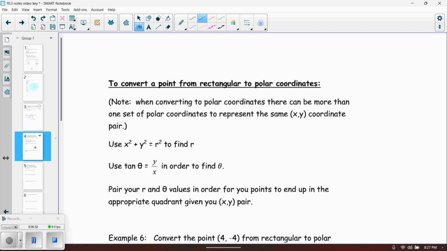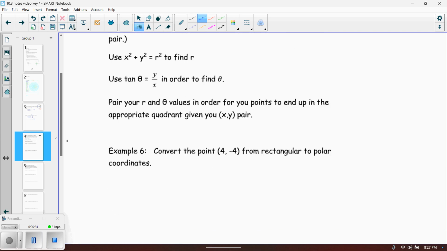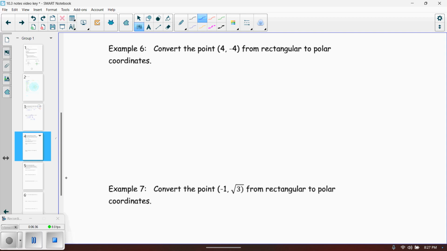So let's go ahead and do an example. Example 6 says, convert the point (4, -4) from rectangular to polar coordinates. Easiest thing once you're given x and y is to find the r value. So that's going to be x squared plus y squared equals r squared. Well, x squared is 16. Y squared is also 16. And that equals r squared. So we get 32